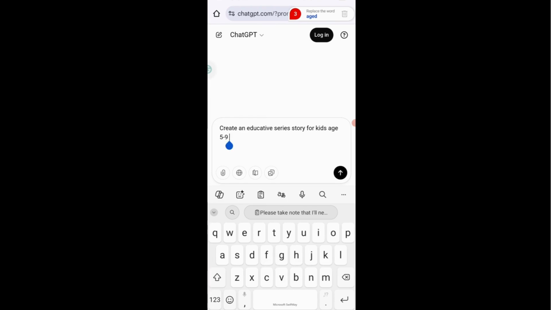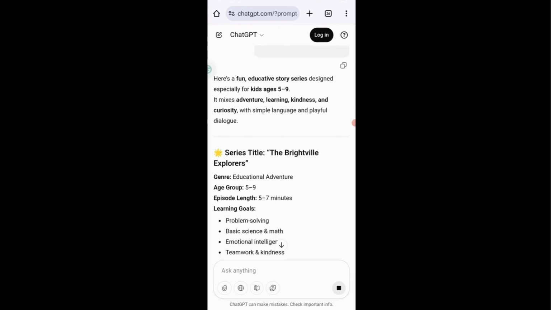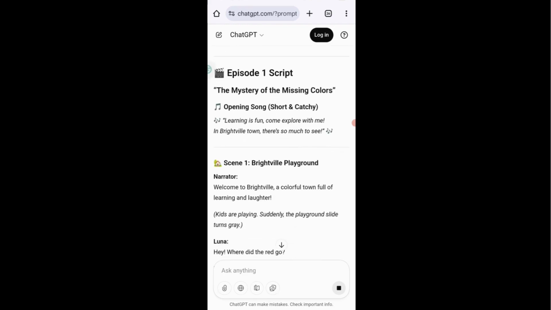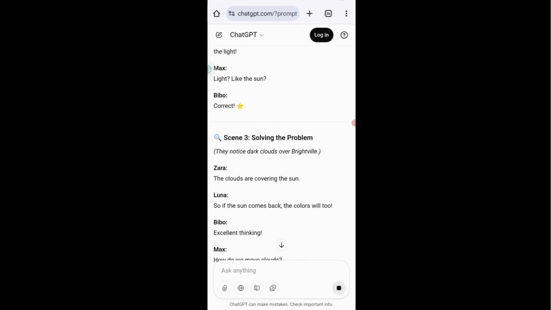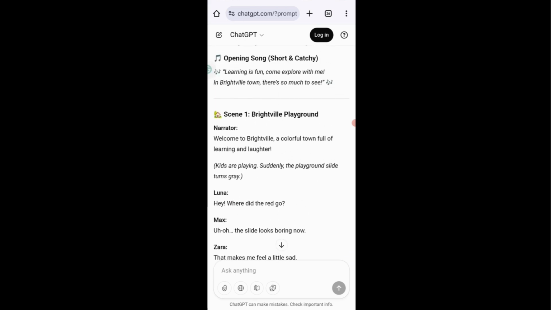Scripts, create and give series story scripts. So it will give us the script. After it's generated it, you just have to copy. So this is the first scene. So this is the second scene. So it gave us scene by scene. All you just want to do is copy